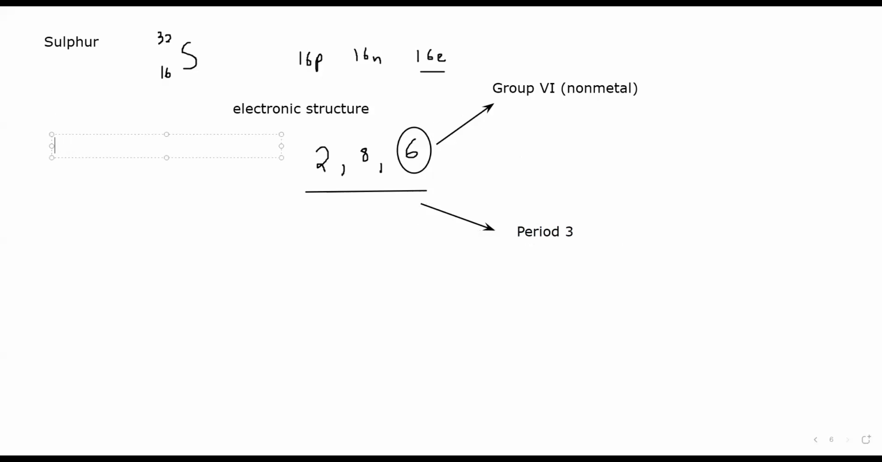So sulfur exists as a yellow solid with a low melting point. Sulfur is solid at room temperature. It is yellow in color, but the melting point is low. Why is its melting point low? Because it's a non-metal,